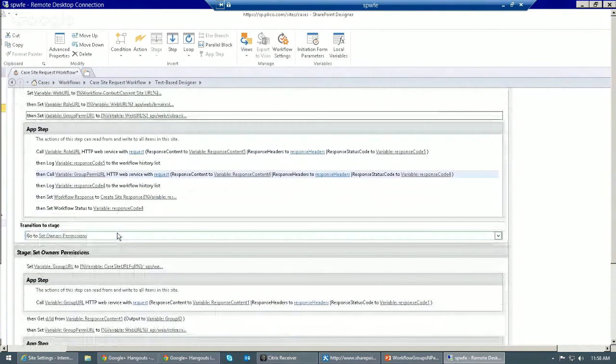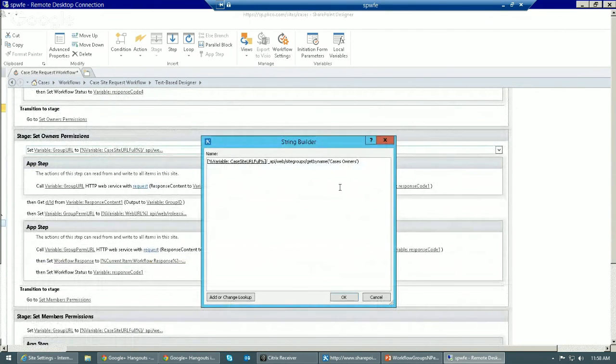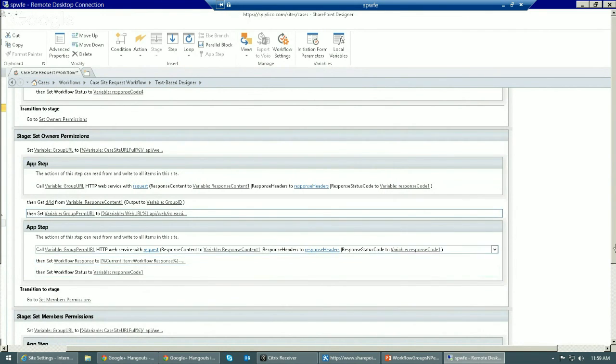But that's not necessarily what they wanted, so we go ahead and put the owners and the members groups back by looking up the name. In this case, the name of the site is cases, case owners, and cases members, and we just put those back with this particular step. And I'd go through it a lot more in depth, but I think you get the idea of what to do. It's just the same thing. We put the owners group back, and when we give them permissions, we do that with these same commands, just use them in a lot of different order. So as you can see,